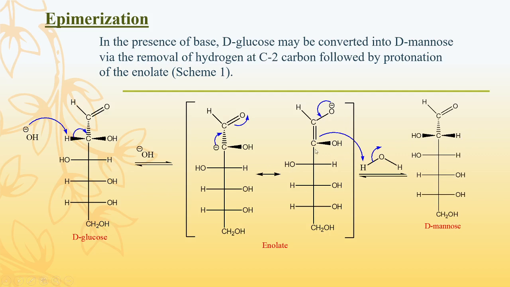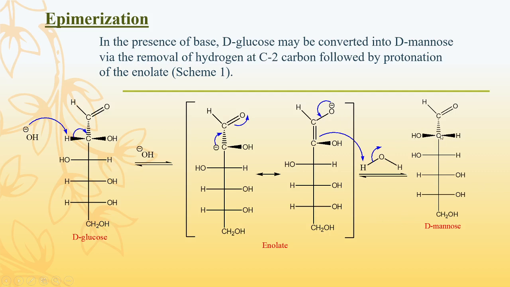Here is the enolate formation. When D-glucose is reacted with NaOH, there is an enolate formation, and in this structure the hydrogen is attacked from either above the plane or below the plane, which can be drawn like this. Here this hydrogen is drawn on this side, and in this structure the hydrogen is drawn on this side. This is the structure for D-mannose, and this is the structure for D-glucose. So in this reaction we get two types of product. The first product is D-mannose and the second product is D-glucose, and D-mannose and D-glucose are epimers of each other. So this reaction is called epimerization.